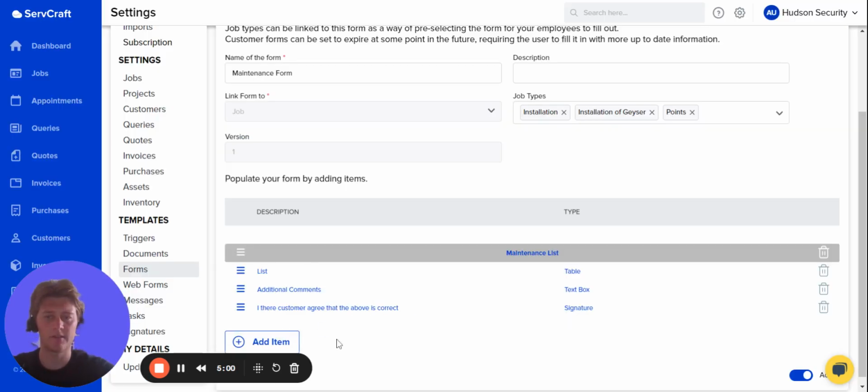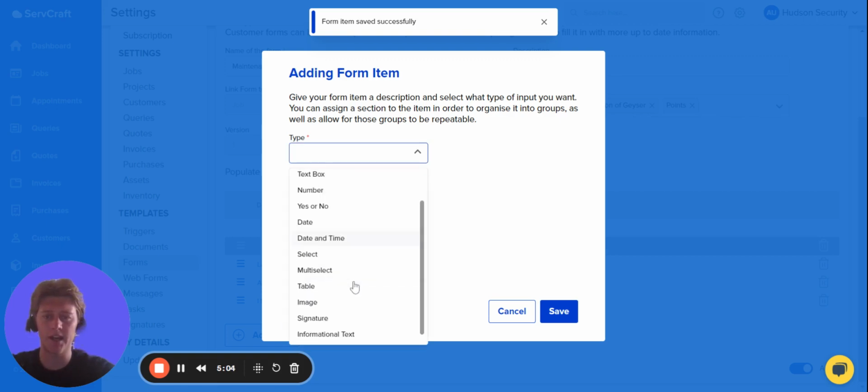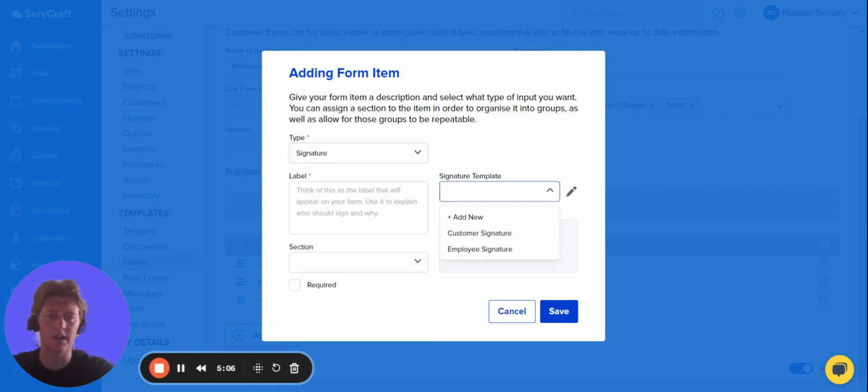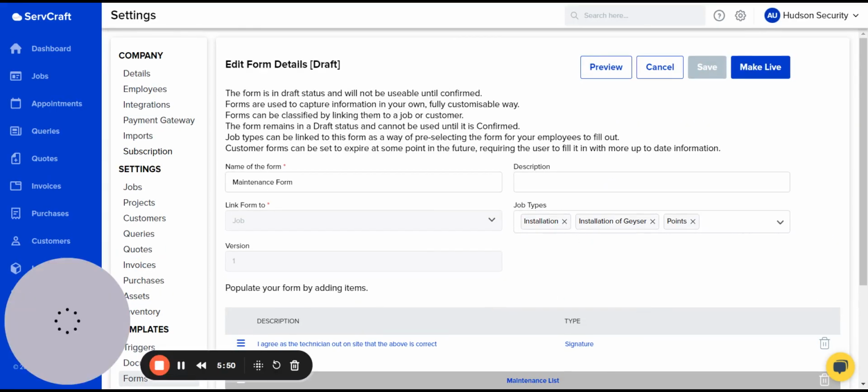and select Save. So we've got a signature field now for the client, and finally let's add a signature field for our employee. I agree as the technician out on site that the above is correct. And save. That's it. Once we are happy with that, we can go ahead and select Make Live